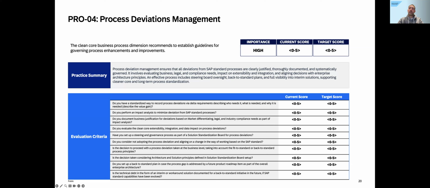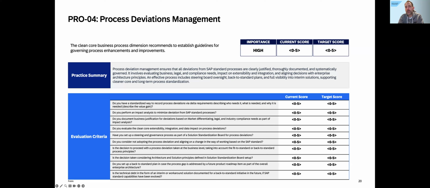Next one, do you perform an impact analysis to minimize deviations? So do you think, okay, could I minimize the change by doing a little bit less enhancement and still somehow being okay? I'm not going to go through all the questions, but I think you get the idea. Last one, do you document business justifications?